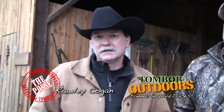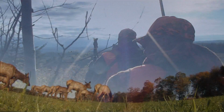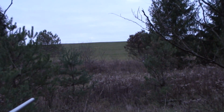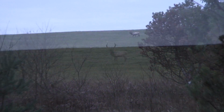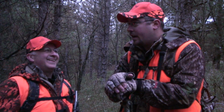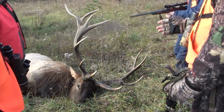We're here in Pennsylvania the day before the opening elk hunt in our state. Pennsylvania has the easternmost wild elk herd in the United States. We have a very limited draw elk hunt in our state. It's almost a once-in-a-lifetime drawing. So these guys have applied for these licenses. They get 22,000 applicants a year, and the lucky guys are ready to go out in the field tomorrow to